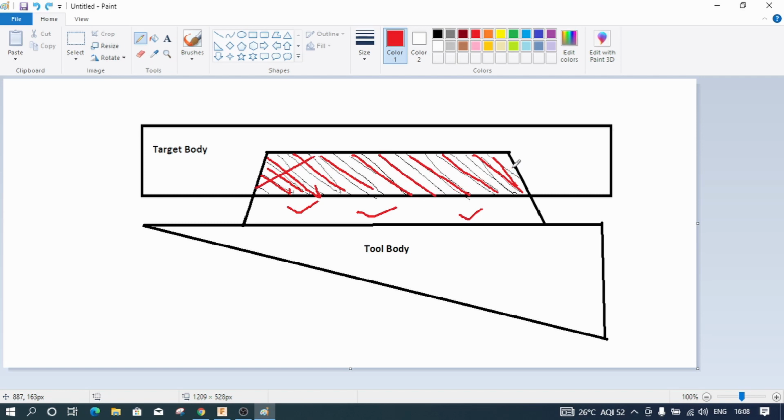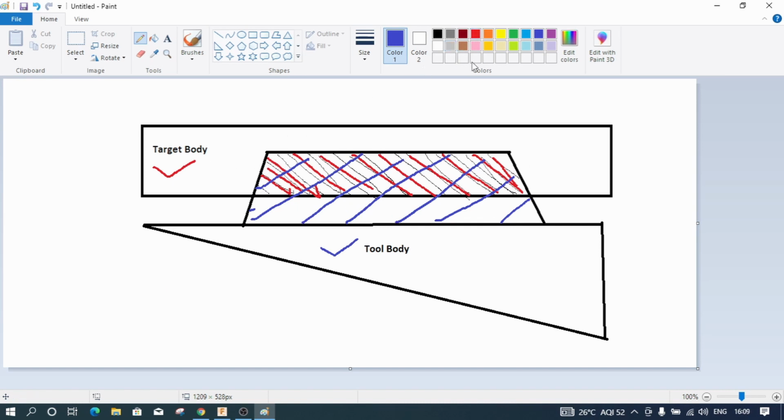In order to avoid confusion, let me use two different colors. Let the target body be red color and let the tool body be in blue color. So now you are getting an idea of what is actually happening. I am cutting the target body using the tool body, and the red color portion will get removed and the blue color portion will be retained.